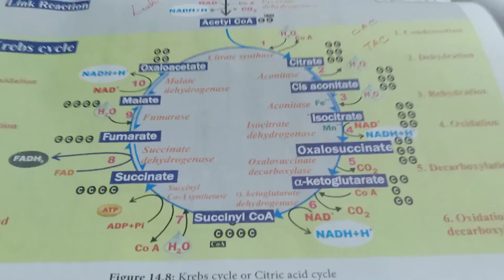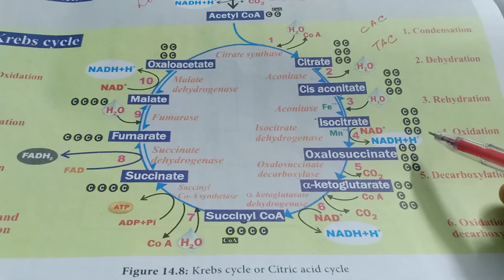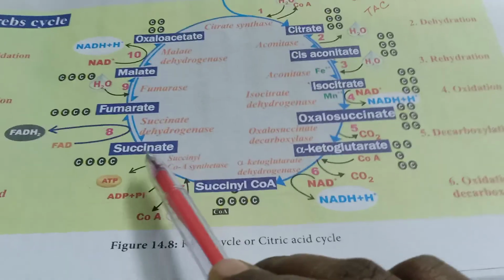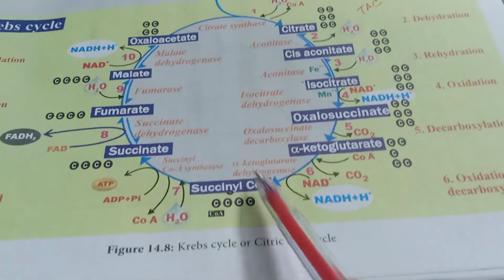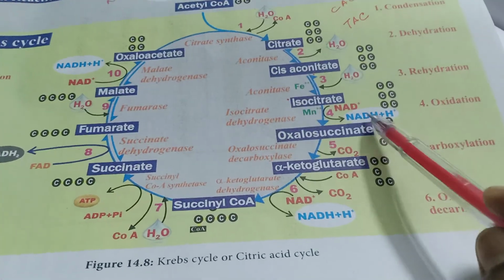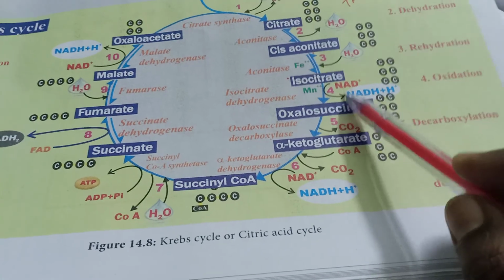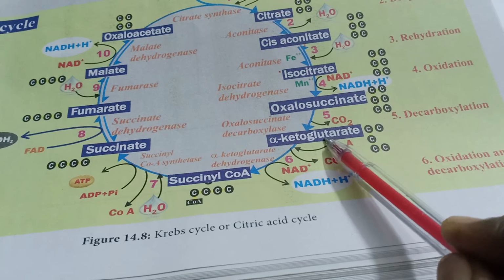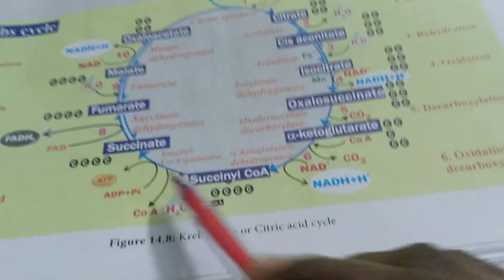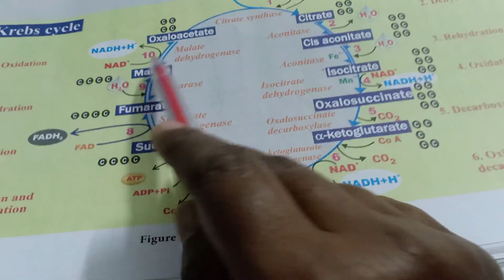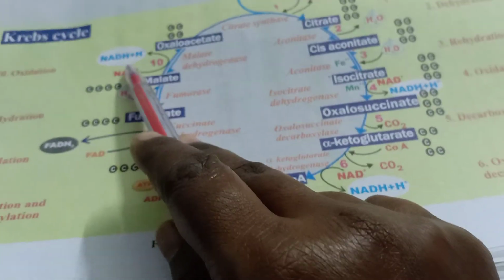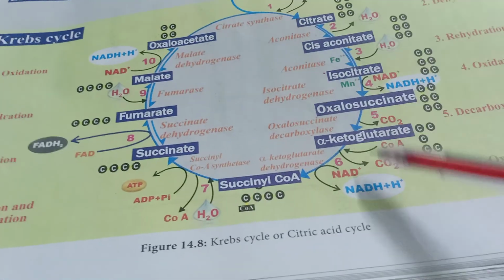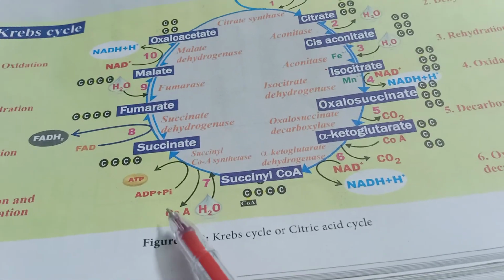Where is the ATP formed in the entire reaction? You can find ATP formed in only one place, that is between succinyl coenzyme A and succinate. Then NAD is converted to NADH2, one energy molecule, between isocitrate and oxalosuccinate. Another NADH2 is formed between alpha ketoglutarate and succinyl coenzyme A. One more is formed between malate and oxaloacetate. So 3 energy molecules, NADH2, are formed here. Make note of the place where each is formed, between which compounds, and only one ATP is formed.